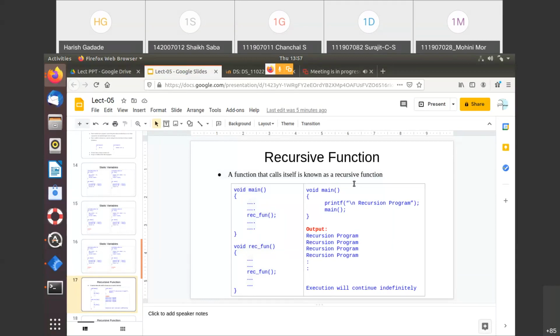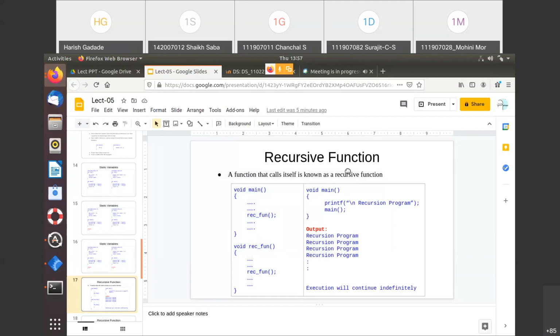Using recursive function, we can minimize that code size. And if someone has the habit of memorization, in that case the code using recursion is very easy to memorize, right? But internally it takes time to execute. This is the main thing.